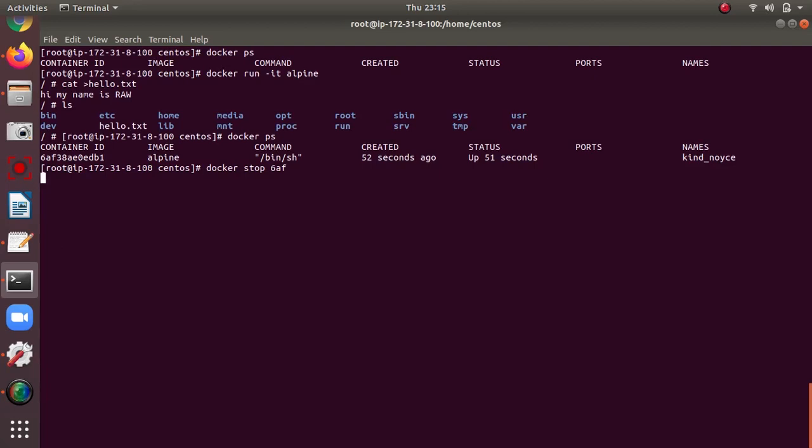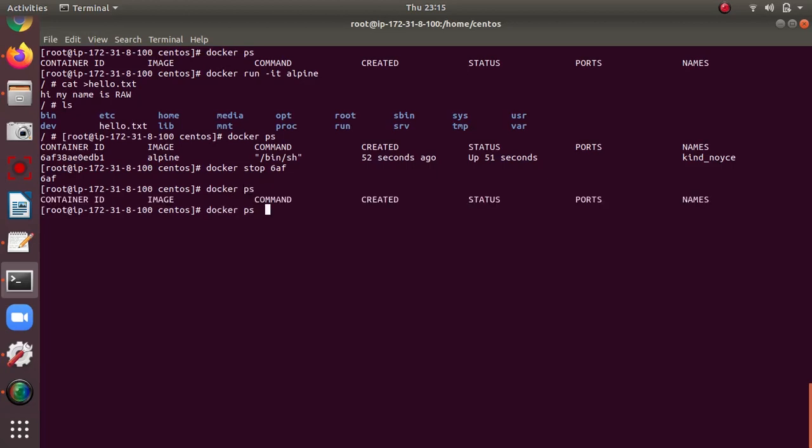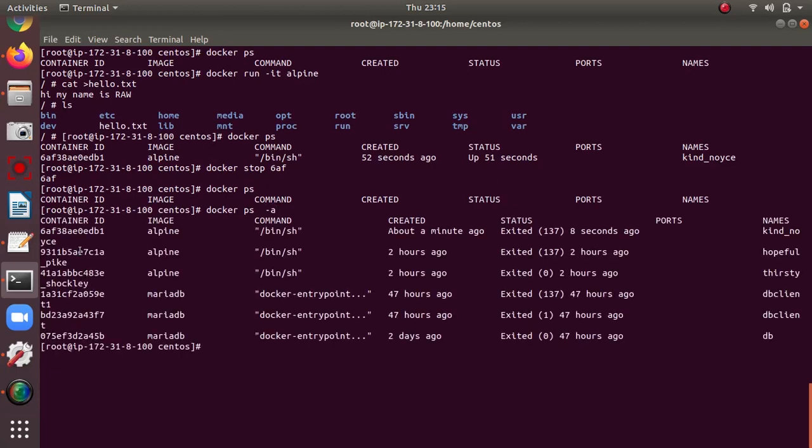After stopping the container, we will check whether the data is lost or not. It is stopped. With docker ps -a we can see all the containers, including stopped ones. This is my container, so I can start it.